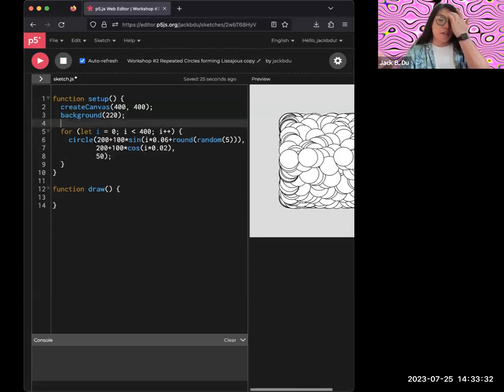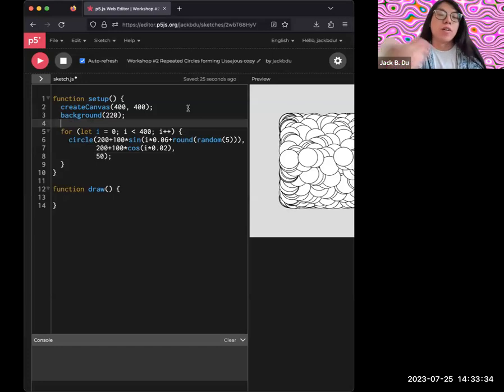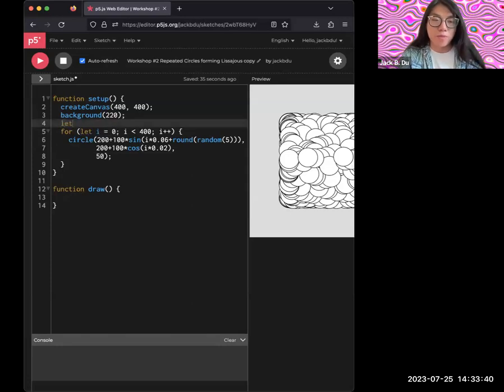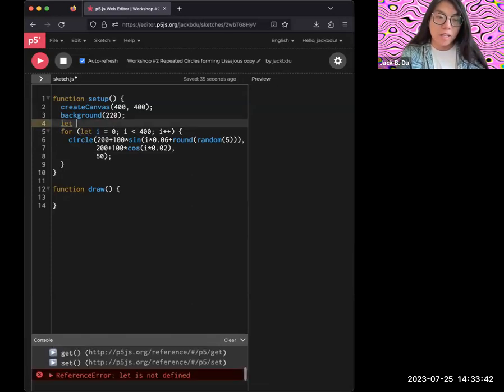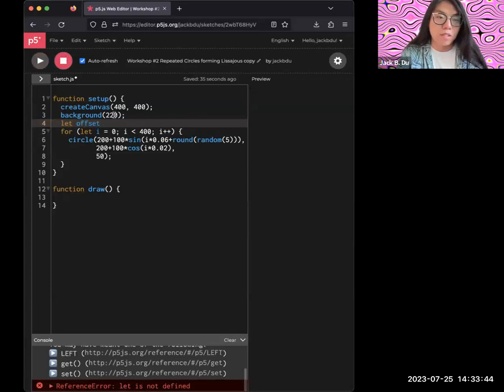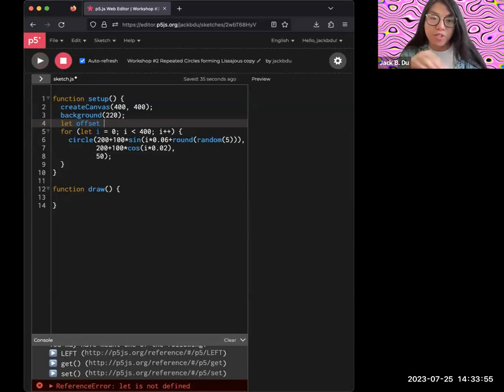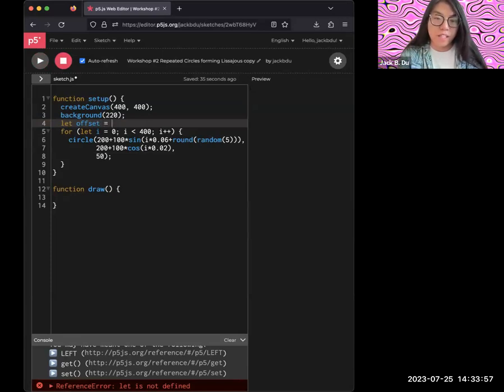And that's actually a perfect opportunity to introduce how to create a new variable. We've already used variables inside a for loop, but you can also create variables outside the for loop. Let me stop this. I'll call this offset. So it's just offset to adjust sort of the shape. So offset equals to,